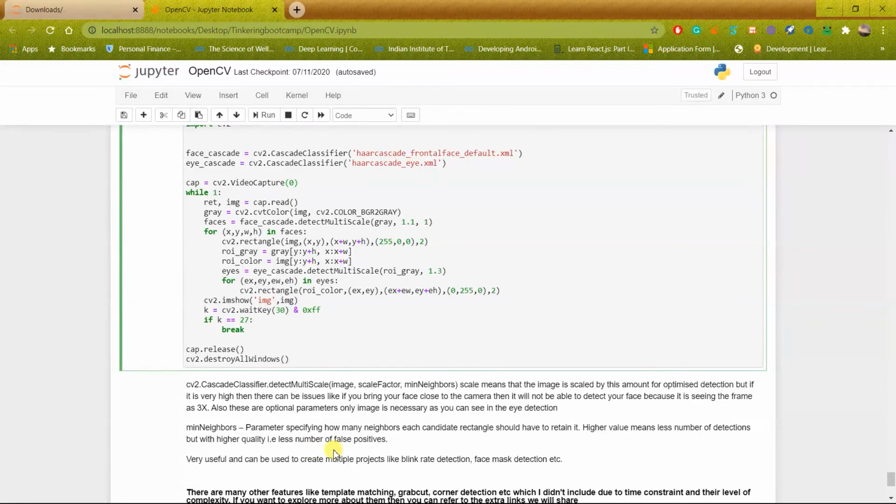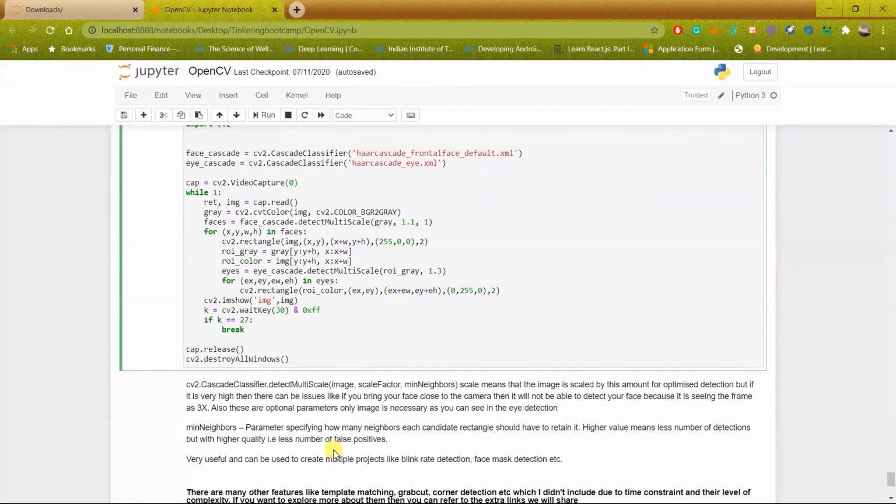Okay, so this will specify how many neighbors of the detected rectangle it should also include in the detection. Suppose you have multiple people standing together, you might want to keep the value low, as you want all the neighboring faces to get detected.